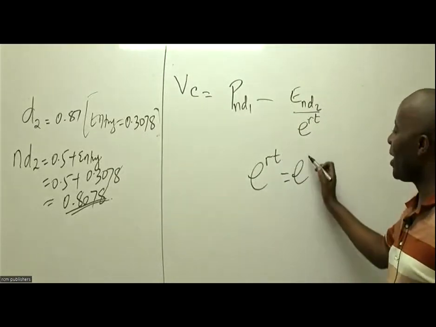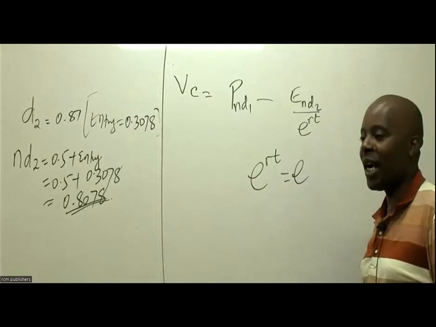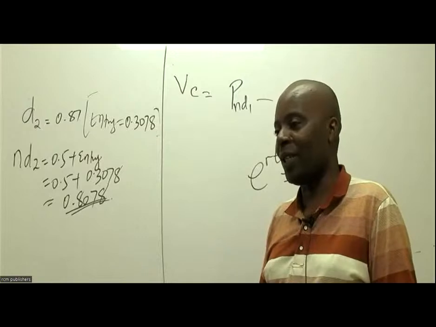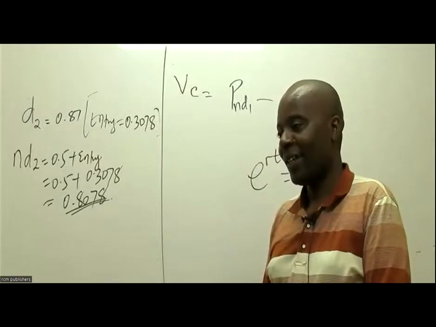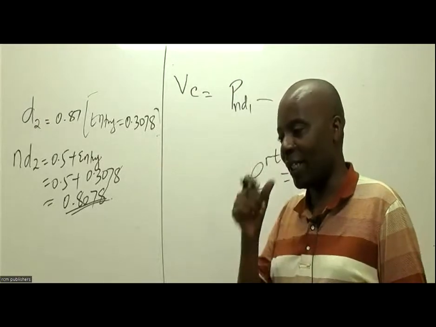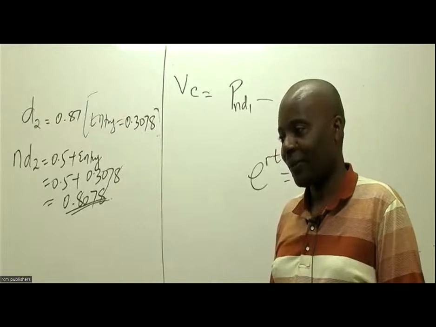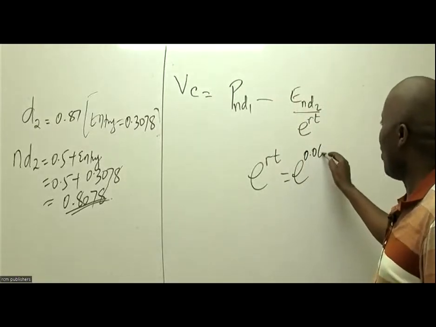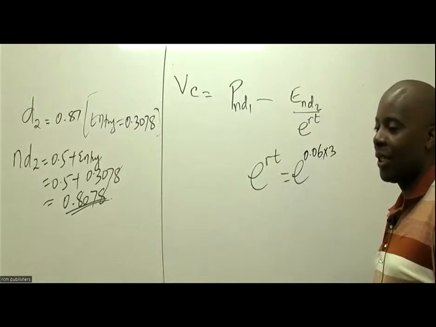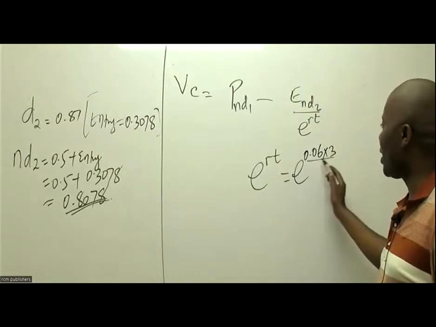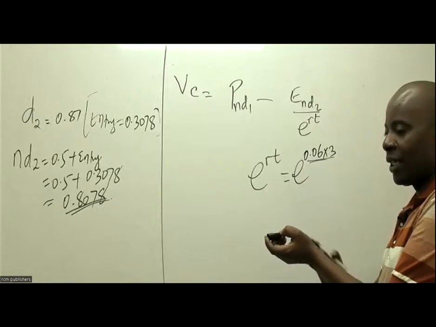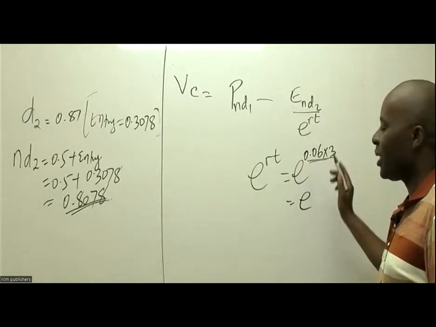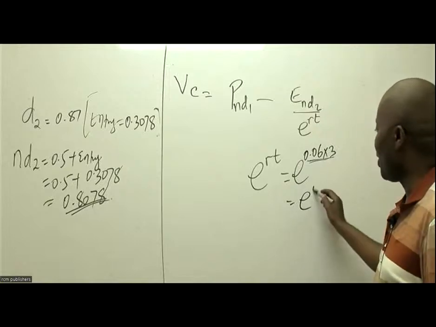So this is e raised to r. Are you able to see the r, the risk-free rate of return? It is 0.06. Thank you so much. How about the time? 3 years. Could you kindly multiply this for me? And this will be e raised to this times this. It gives me what figure? 0.18.